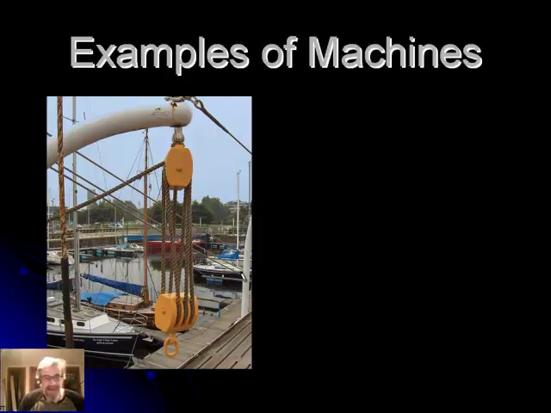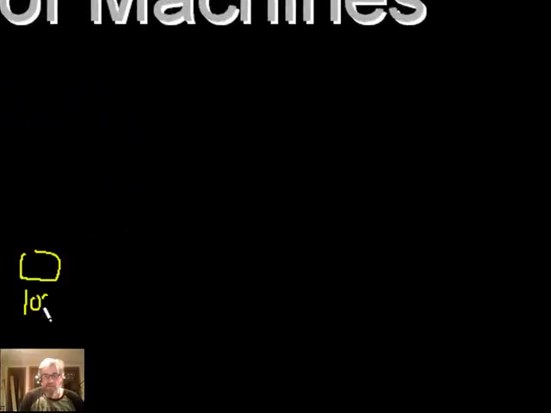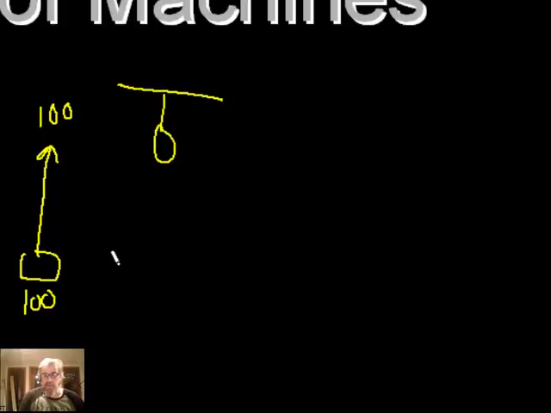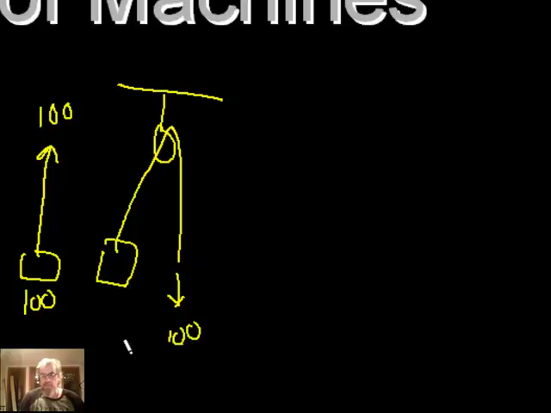Another example is a block and tackle. Block and tackle is just a series of pulleys, and here's how it works. Imagine that you're trying to lift a 100-pound weight here, and you could pull it straight up. That would cost you 100 pounds. You'd have to pull up with 100 pounds. Well, if you took this same weight and you had a pulley and you attached the weight to the string and ran it up over the pulley, you'd still have to pull down with 100 pounds of force to lift the thing. But as you did that, if you moved it a foot here, you would lift it a foot